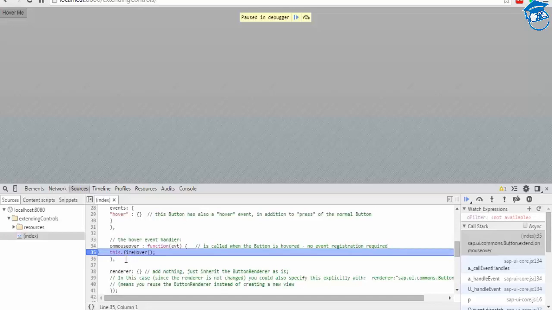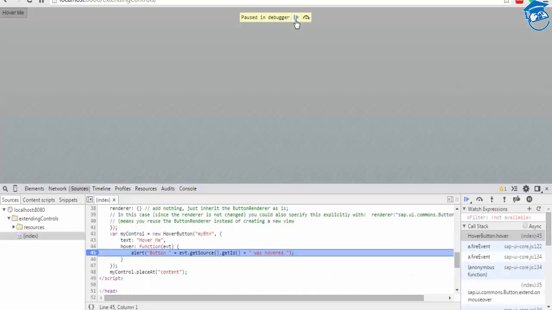How? Through JavaScript functions, jQuery functions. There is a jQuery function on mouse over, so that triggers this.